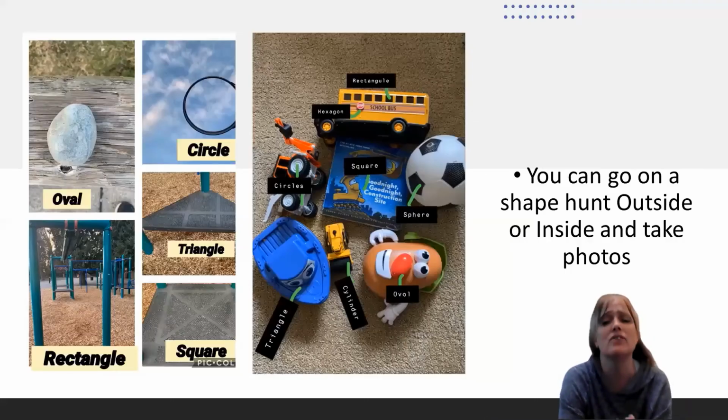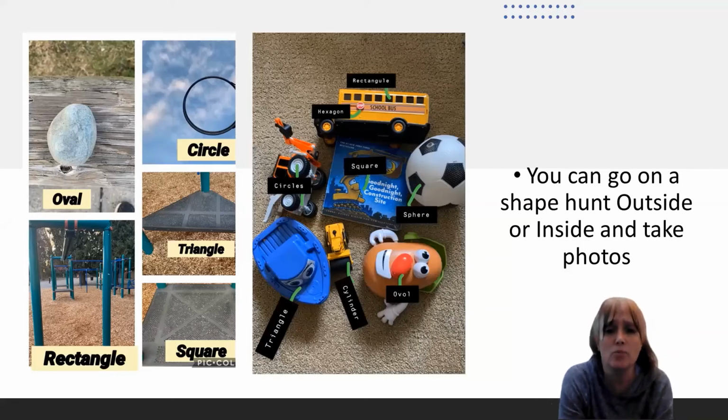Here's an example of when you can go outside or inside on a shape hunt. You can go to your neighborhood park and find clouds up in the sky. What shape are they? A basketball hoop, a circle, a rock, an oval, rectangles, squares. Just have lots of fun with that. Take some pictures, or even let your child take some pictures and then identify them.